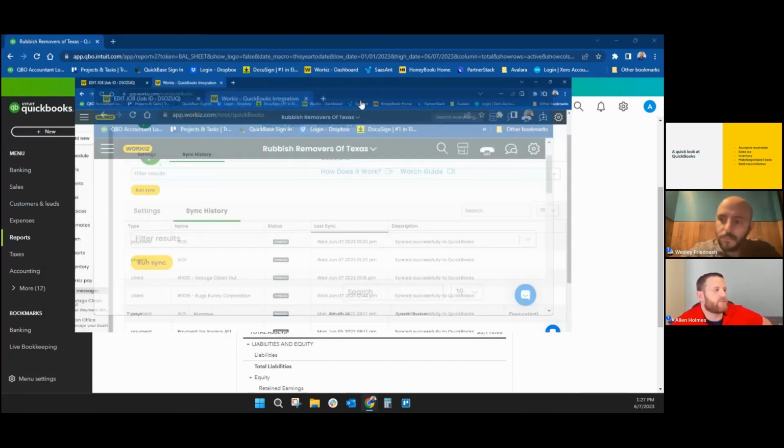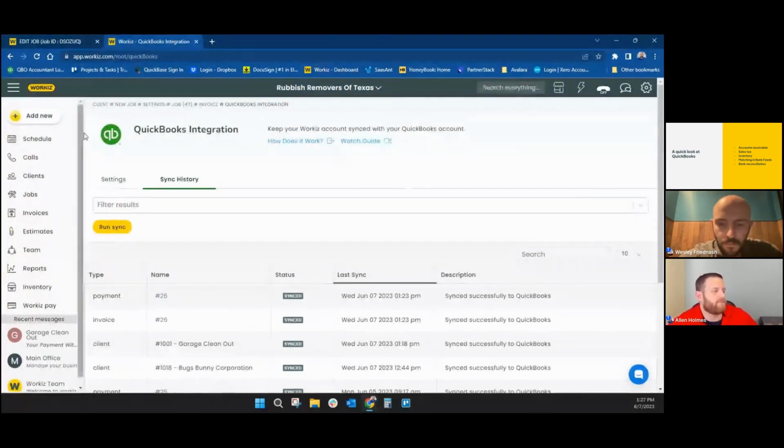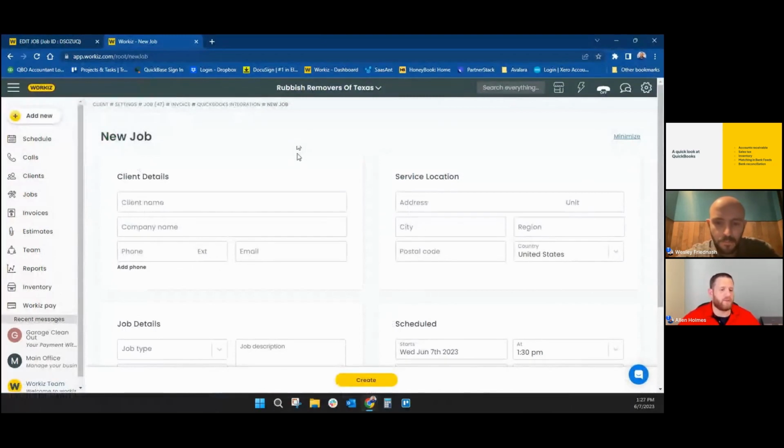Again, to get the accounts receivable to show up, and to be honest with you, this is something that I'm working with the development team, trying to get this to work for us. But if I go in,